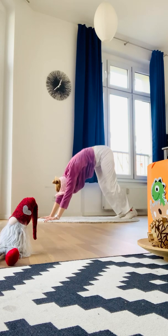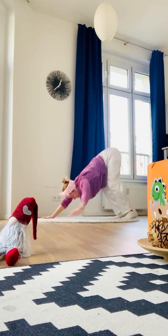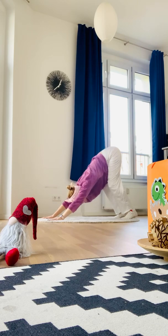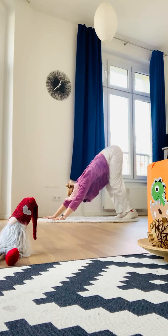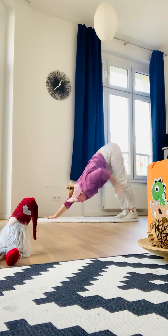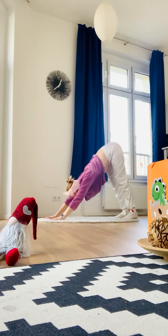And also if you are in that position and the back is rounded, bend your knees, put your belly on the thighs, the same as we had previously. Bend your knees, put your belly on the thighs, and then try to push out from the mat to the maximum and bring your hips to the highest point. And only if you see that you have a straight line in your back, you know that you can straighten your legs. And keep here for 5,